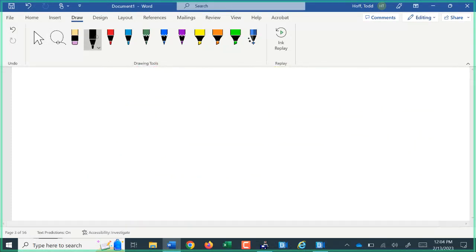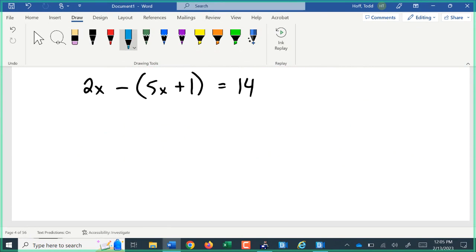So we can make these equations progressively more difficult. Rather than going step by step, I'm going to throw in some here that are a little bit tricky, like this one. 2x minus (5x plus 1) equals 14. Now to solve this one here,